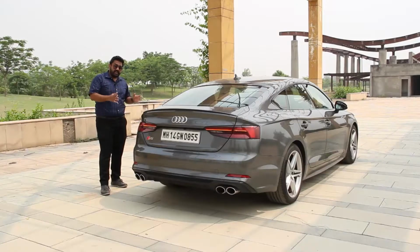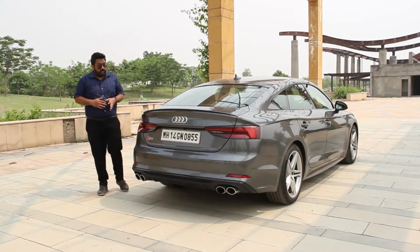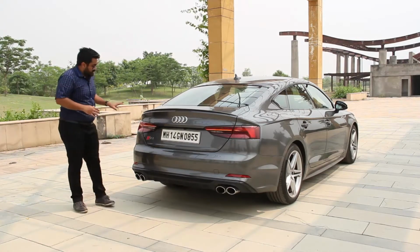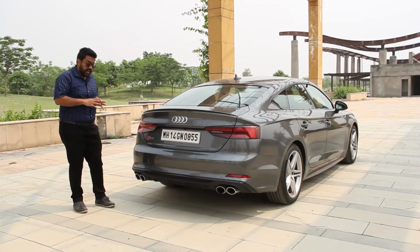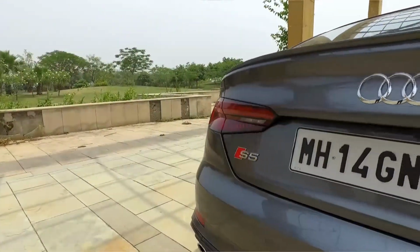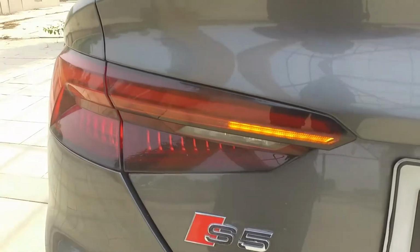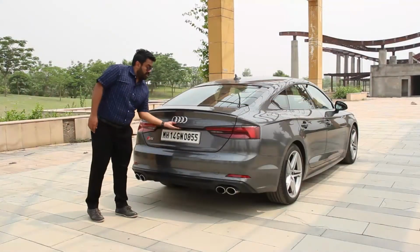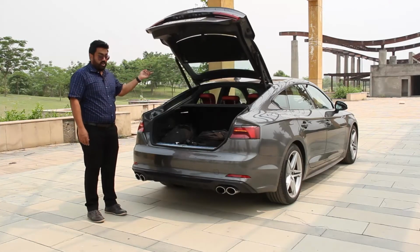Now essentially the S5 is a sportback and it gives character to the profile of this car. The rear as well has been redesigned and reworked to look aggressive, at the same time act smart and sophisticated. The design of the tail lamps is distinctly Audi, and of course you have these dynamic turn signals. Open up the boot and you have about 480 liters of boot space, so you have automatic tailgate